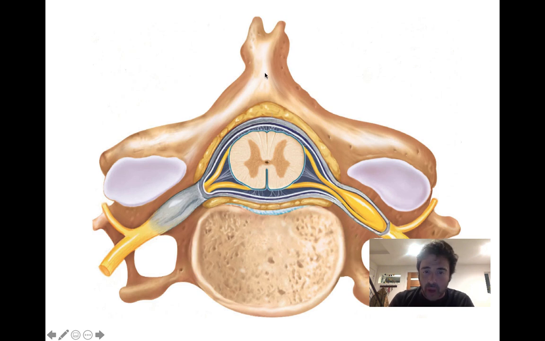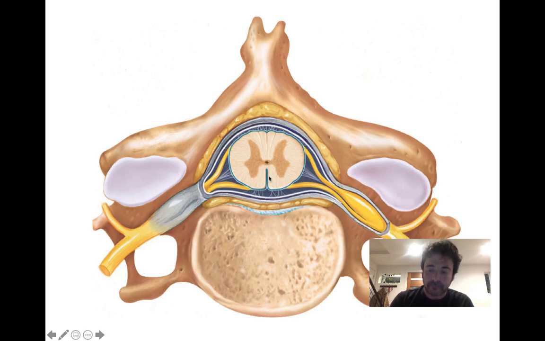Second off, we have our posterior and anterior regions. We have the epidural space filled with epidural fat, the dura mater, the arachnoid mater with that kind of spider-webbed appearance, and then contacting the actual spinal cord itself is the pia mater. In the space between the arachnoid mater and the pia mater, so this space right here, that volumetric space is called the subarachnoid space. What that subarachnoid space does is allow for the circulation of